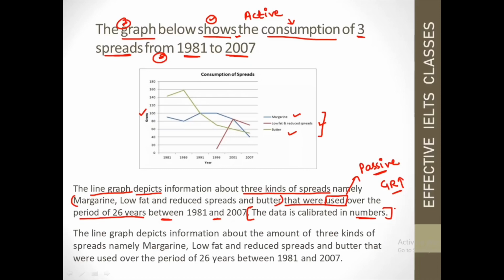There is another way to write it. If you don't want to write this sentence, you can skip it by writing the amount. All the other things will remain the same, and if I write the amount earlier, then there is no need to write it afterwards, since the amount also means the number. I hope you guys understood the introduction. You can also take a screenshot of this slide to review it later on.